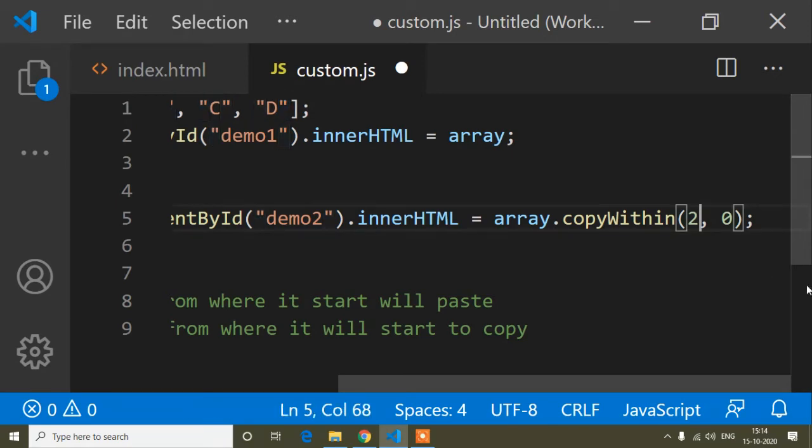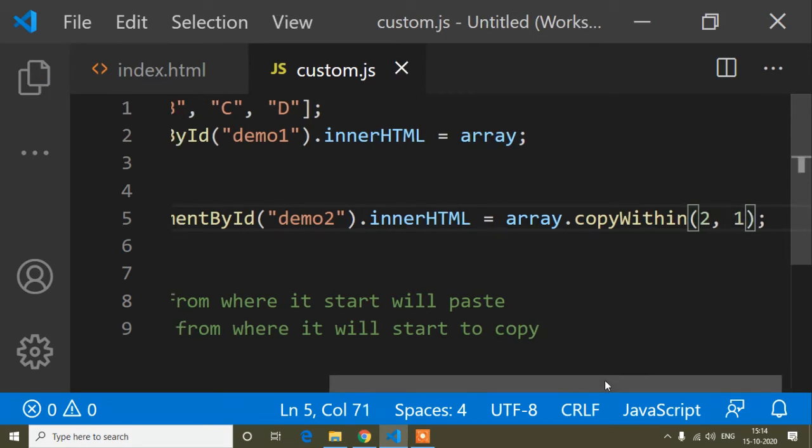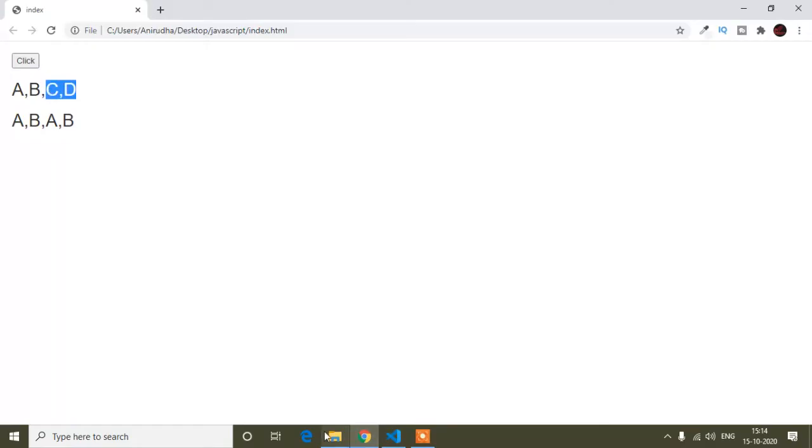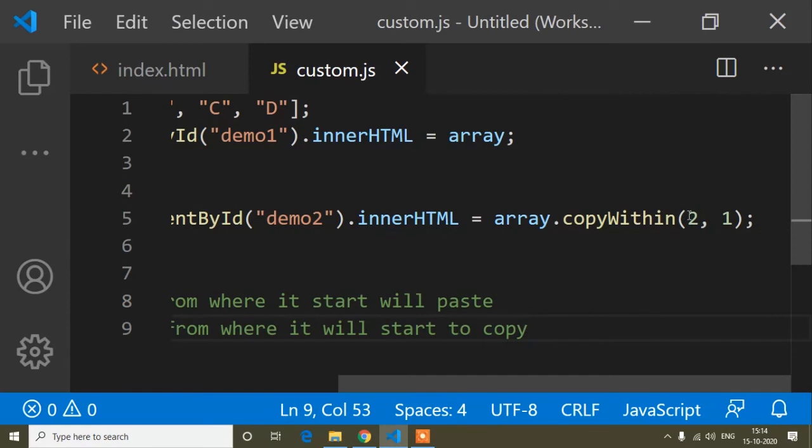So if I change here, like if I change to 1, that means it will start to paste from position 2 and it will copy from 1. So first of all let's see the view, refresh, and here you can see I have written it will start to paste at number 2 and it will start to copy from number 1.